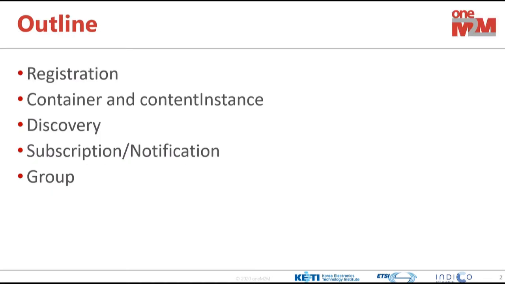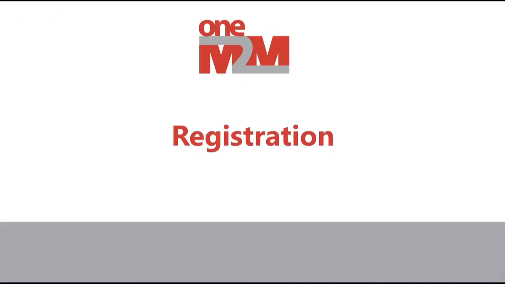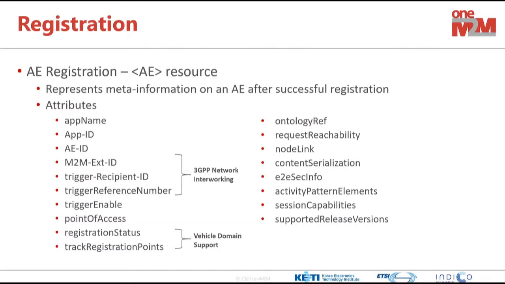So registration, container, content instance, discovery, subscription, notification, group. Those are the topics that I already briefly explained. So we can go over just quickly. In this slide, I am listing several attributes of those kinds of resources or resource types